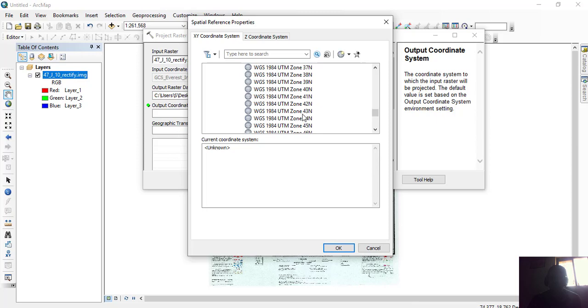It comes under this particular zone, 43 north. WGS 1984 UTM zone 43 north is for the region of Maharashtra, and some adjacent states are also included, and the details of this coordinate system can be seen here. Just say OK.